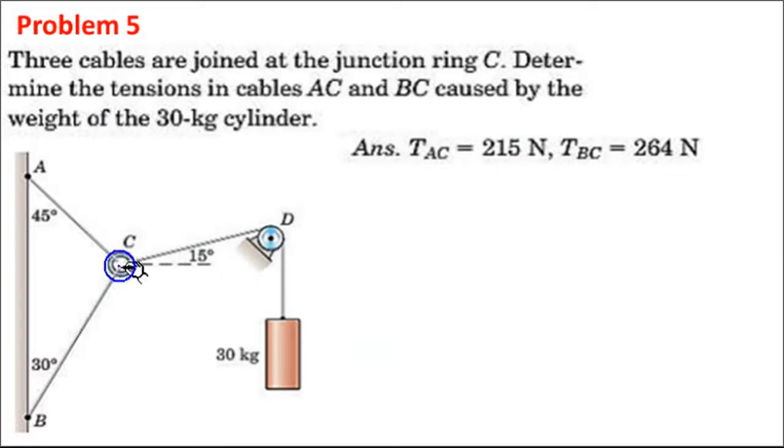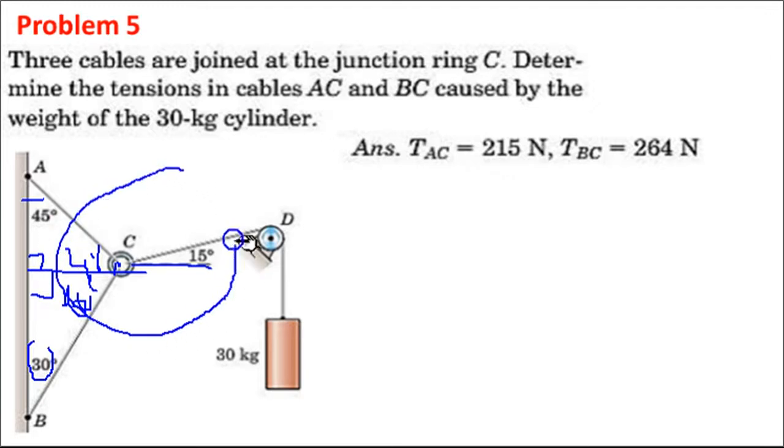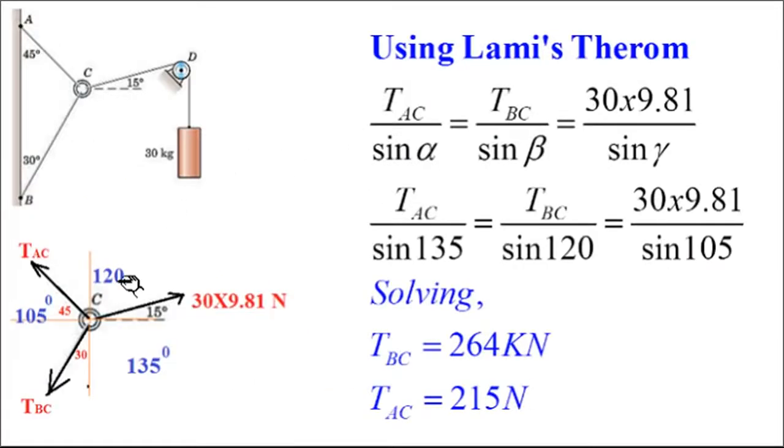The system is concurrent at this particular point, so if you draw a horizontal line here, if this is 45, this will also be 45 because here it is 90. If this is 30, it will be 90, and this angle will be 60 degrees. Okay, and this angle will be 15 degrees. If you draw the free body diagram, you just encircle this. So here there will be one force, here one force, here one force. Calculate all the included angles by drawing the FBD. So this is the free body diagram.